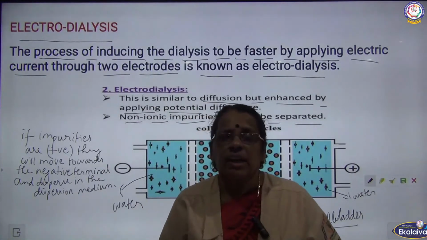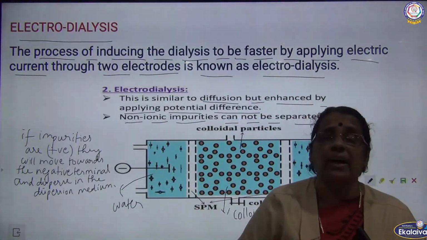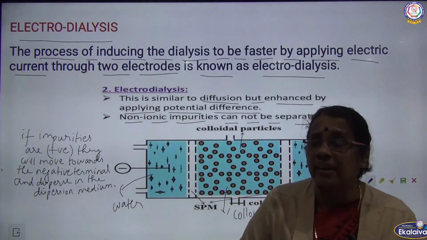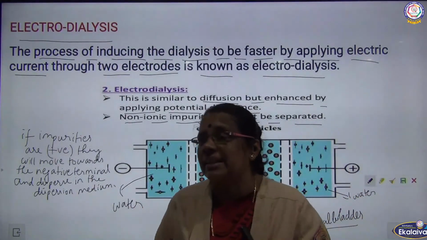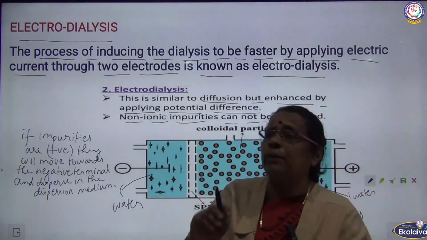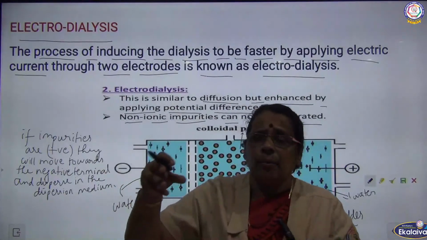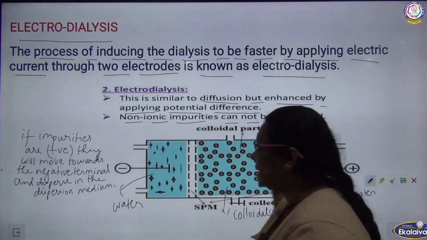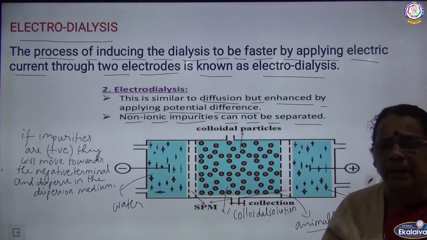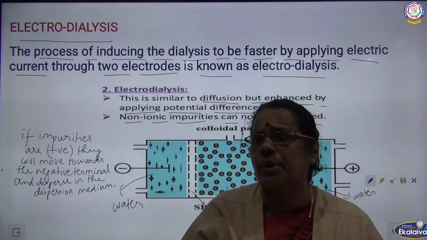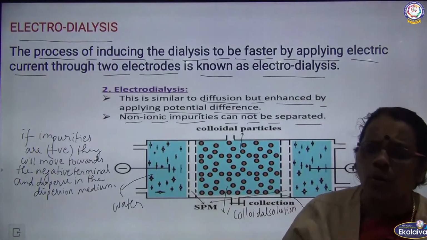Definitely, if positively charged particles are present as impurities in your colloid, on passing current they will move towards the opposite side. What is the opposite side? They will move towards the negative terminal and thereby be dispersed in the dispersion medium. Already I told you, on both sides we have dispersion medium as water. What is the use of the dispersion medium? The ions get dispersed in the dispersion medium. So this is how we are going to separate